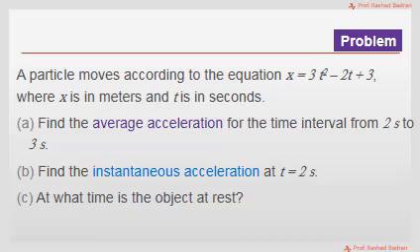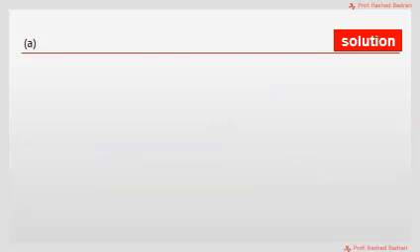To do that, we need to apply the relations known for the average acceleration and instantaneous acceleration, and that's coming next. To find the average acceleration, simply write the formula as we did in previous examples and problems,